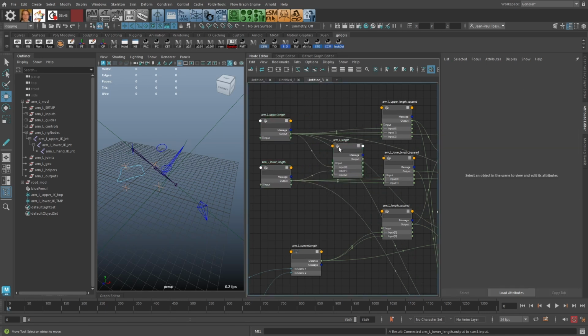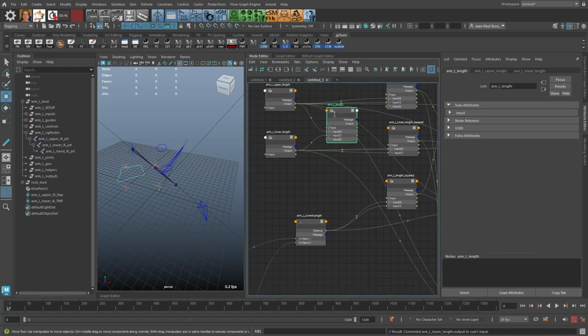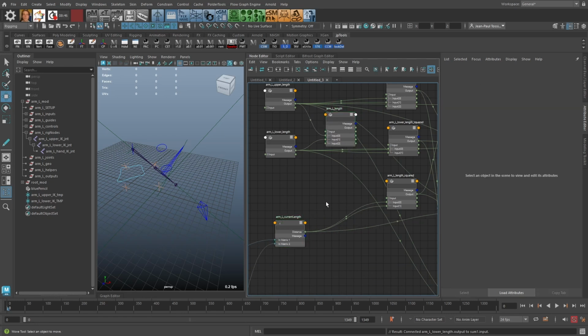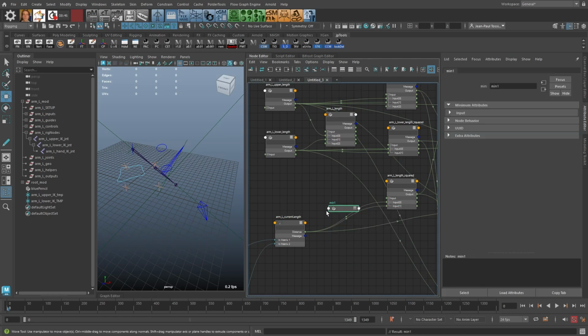And so now we have the length that is the maximum length of the C edge of the triangle. So now we can take a min, because we always want the shortest edge: if it's longer we want to use the maximum length of the upper and lower arm combined, and if it's shorter then we want the shorter value. So we take the min value of these two,